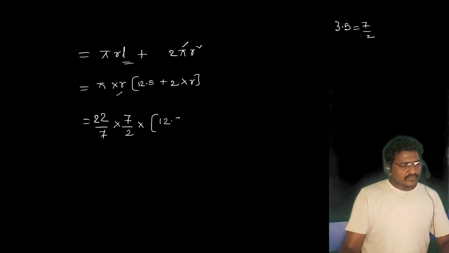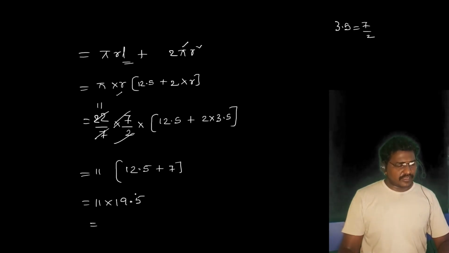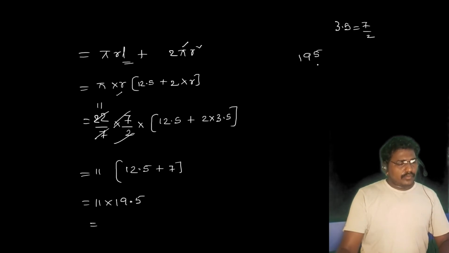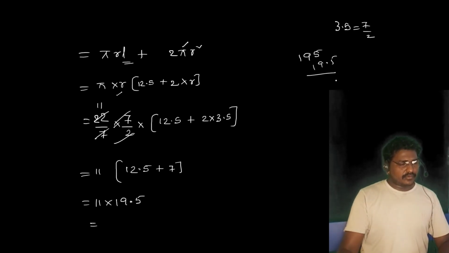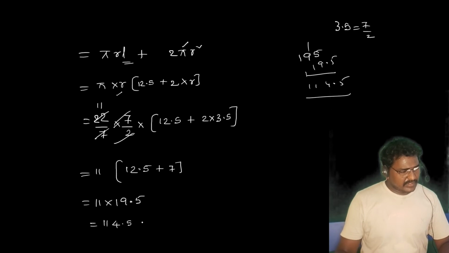Here we have 12.5 plus 2 into 3.5, so that will become 7. Cancel: 2 ones are 2, 11 twos are 22. So 11 into 12.5 plus 7, which is 11 into 19.5. How do we do 11 times 19.5? 195 plus 19.5. So it will be 214.5 centimeter